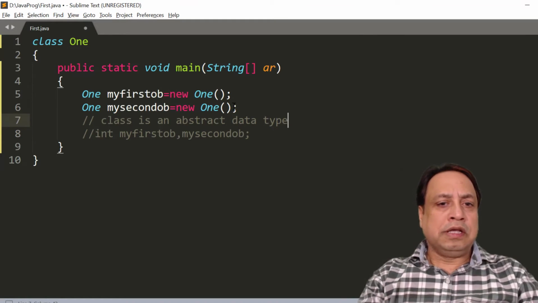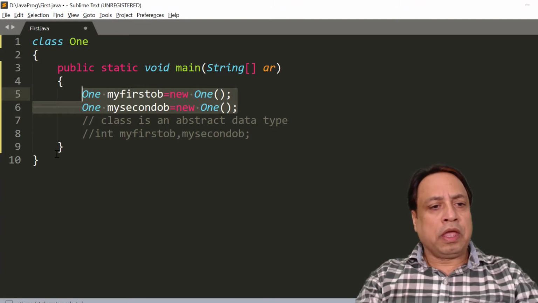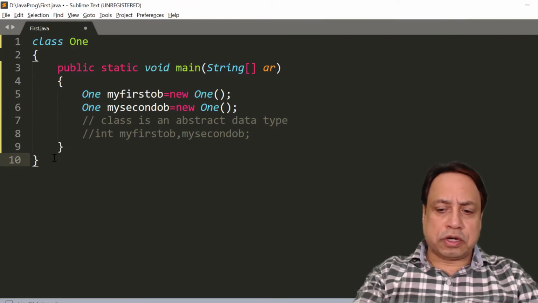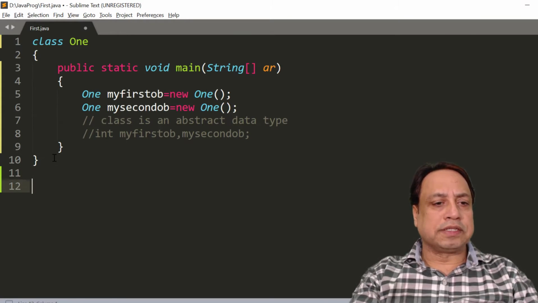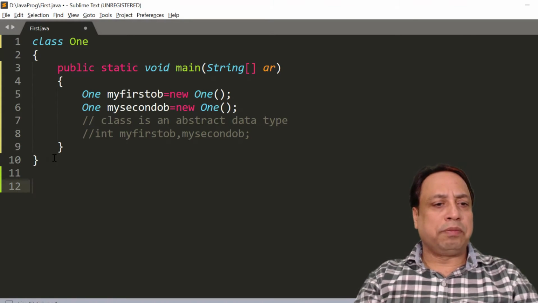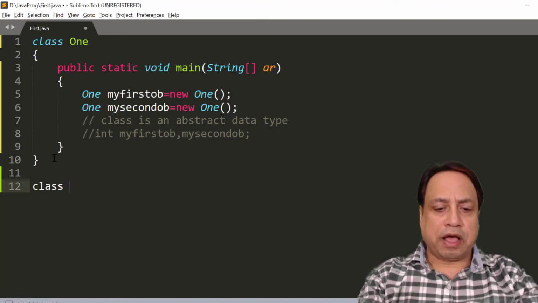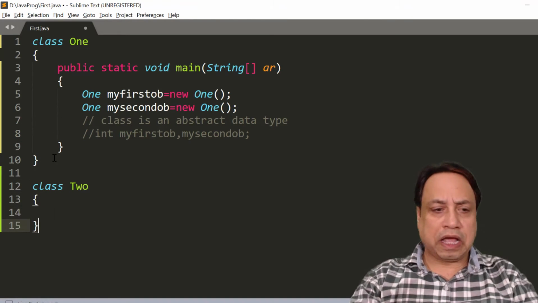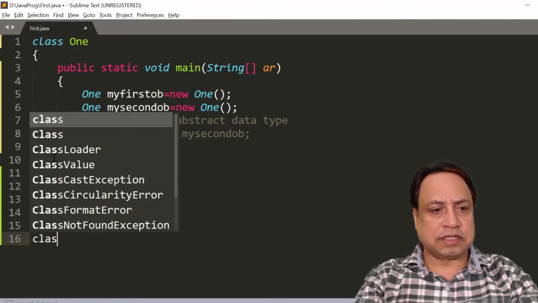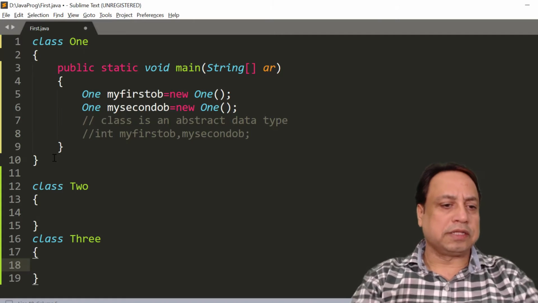So let us see what actually happens when I compile this program. एक और फीचर जावा के प्रोग्राम का I would like to explain along with this, that you can write multiple classes inside one Java program. Like, for example, I can have another class inside the same program, with the name as 3, like this.